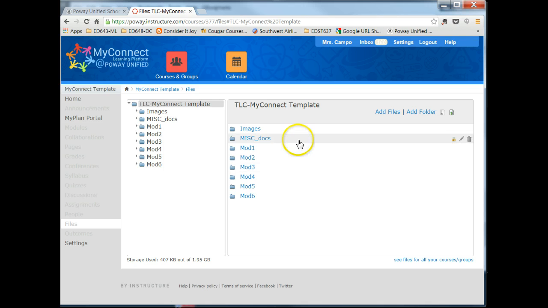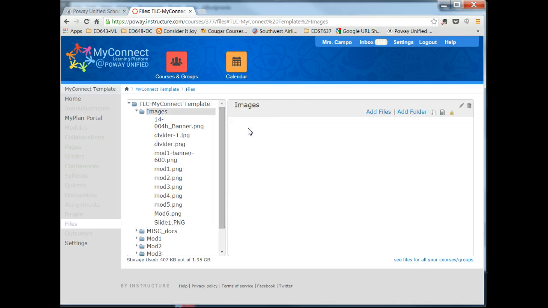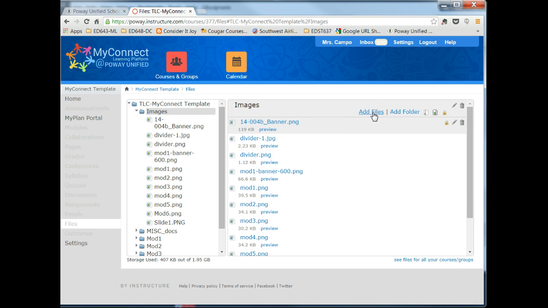So in my case, I'm working on my online class, so I've constructed my folders using the modules. I always make two folders, one called Images and one called Miscellaneous Docs. This way, if the stuff I'm uploading doesn't fit within a learning unit or etc., I can always have a place to store it. So in this case, I make a folder called Add a Folder, and then I call it Images. Now, you can either upload all of your files at once, or I'm going to take you back